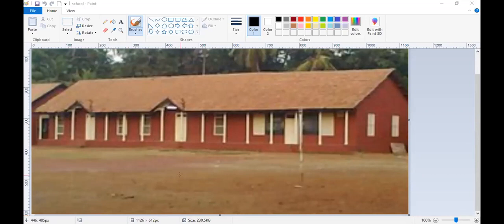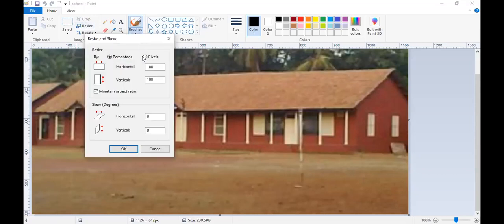Now what I will do, I will reduce the size of the image. Okay, to skew the image or to change the size of the image, you click on the resize button. Okay, so here is the resize button. So I just click on the resize button. When you see the resize button, you can either select the percentage or the number of pixels. Okay, so I will select pixels, because for the number of pixels, we know the size, that at the bottom you are getting the size of the image, that is 1126 by 612. 1126 is the width and 612 pixels is the height.